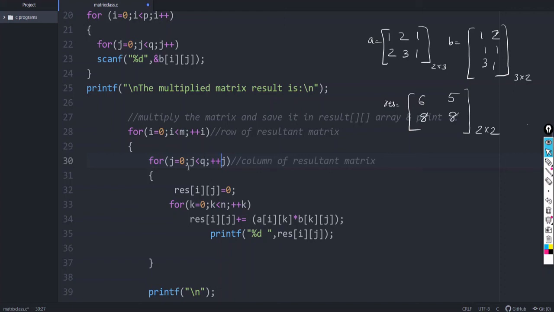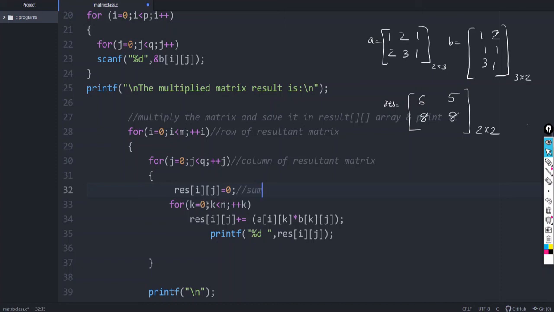And within both these loops, first res ij is initialized to 0, as we are calculating the sum of different products of A and B elements. So first it is initialized to 0 and then you start the third loop, K, and K varies from 0 to N minus 1 or 0 to P minus 1, as N and P are the same.